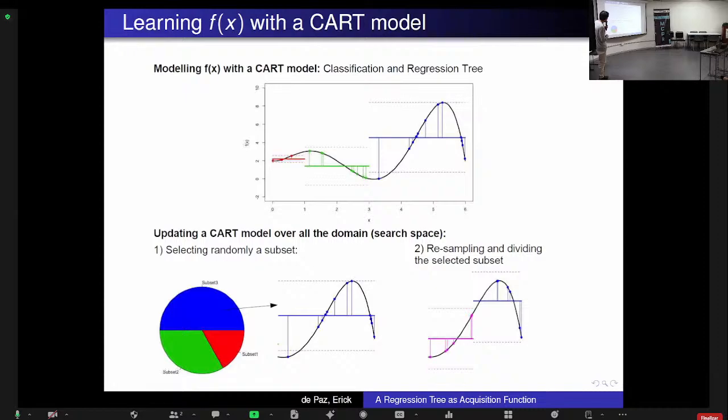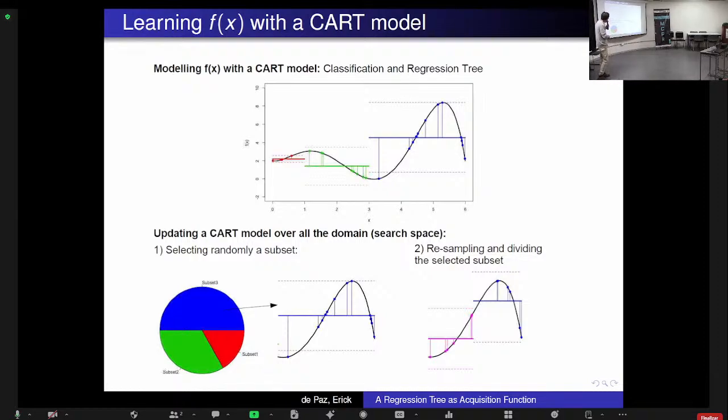To discover the most promising points in the function, we modeled the function with a CART model. CART means classification and regression tree. A regression tree consists of dividing the search space into subsets and then assigning an approximated answer for each subset. These kinds of models may be updated to improve the approximation, and this is the process to update a CART